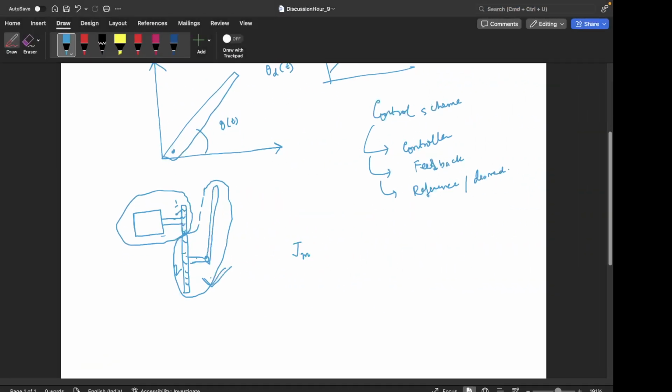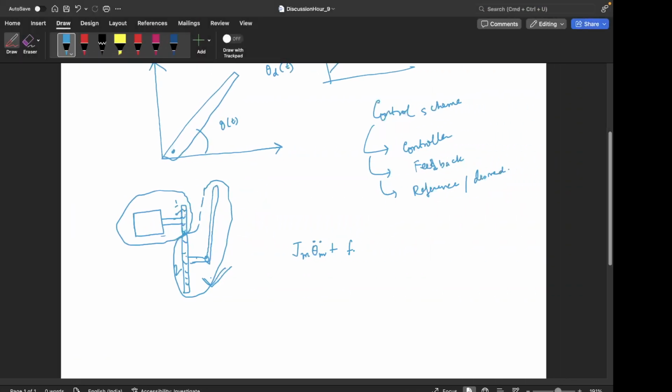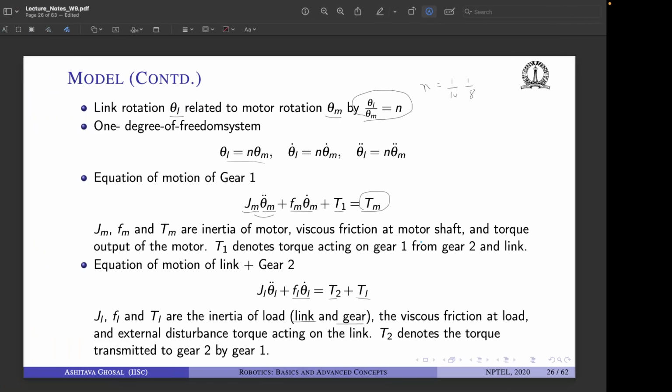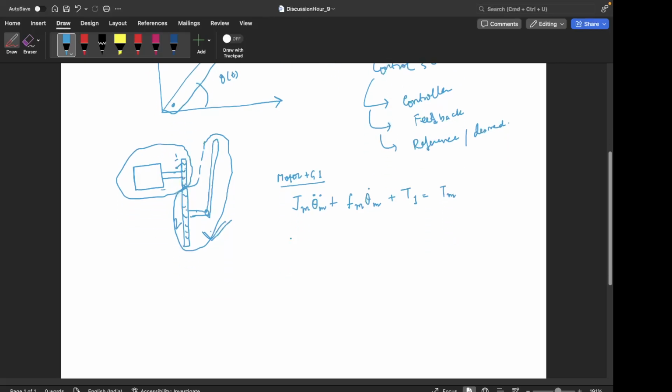So first equation is Jm times theta m double dot plus Fm theta m dot plus T1 is equal to Tm. That is, this is motor plus gear 1, right? And then we have